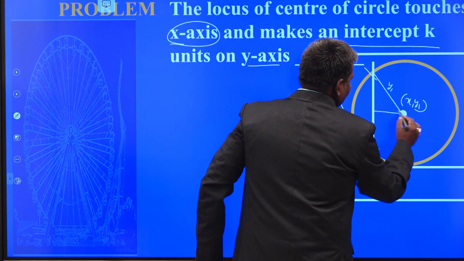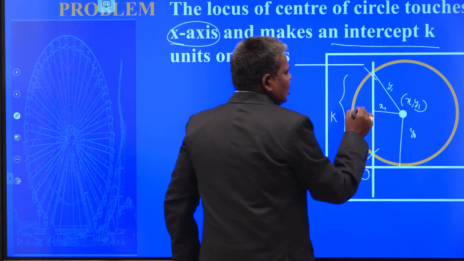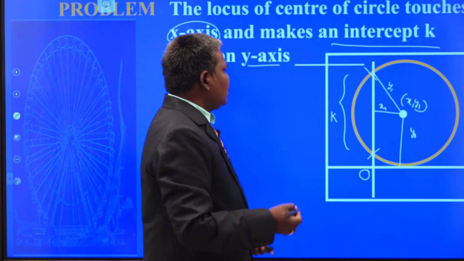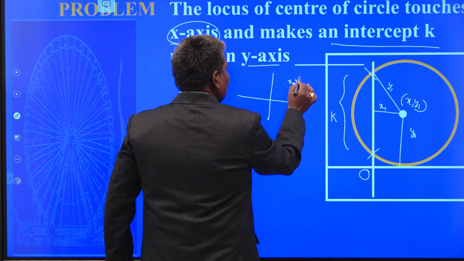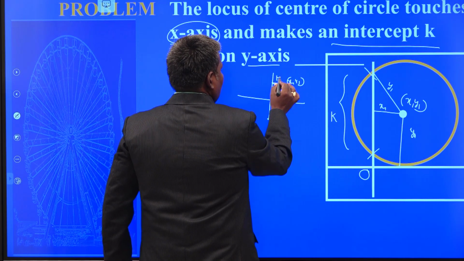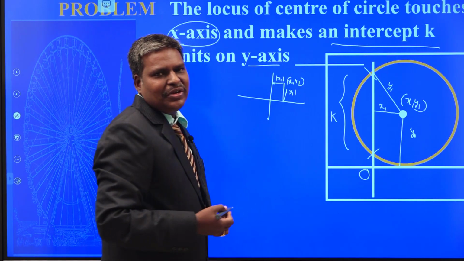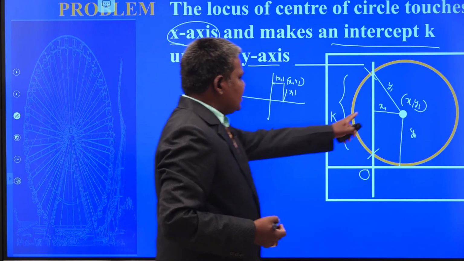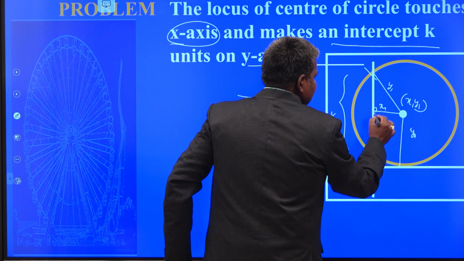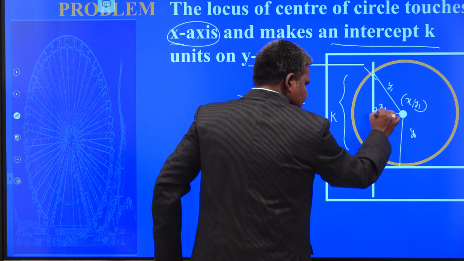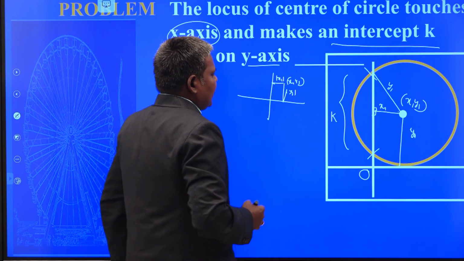If you draw one more perpendicular from the point to the y-axis, that is what? x1. This is in your geometry first class, in your first year, your teacher says that these are the coordinate axes, this is your point x1 comma y1, the distance from here to here is mod x1, the distance from here to here is mod y1. This is very, very important for you, even though it is a small concept. So, this is y1. Now my question is, is it the perpendicular bisector of this line or not? Yes, this line is the perpendicular bisector of this line.